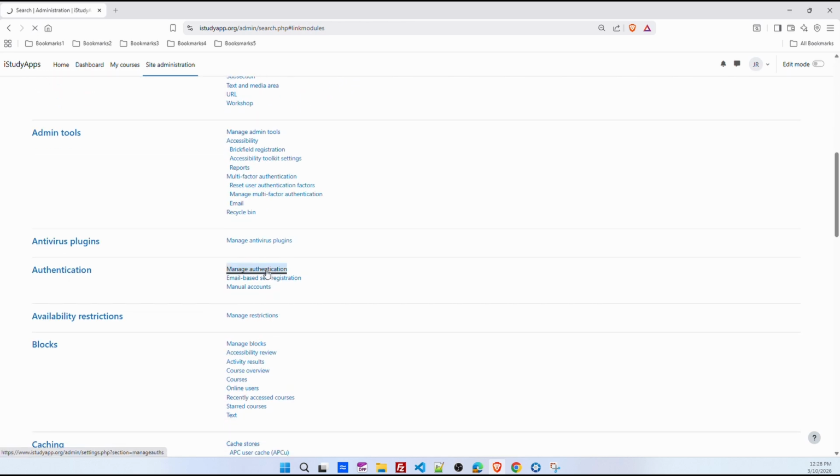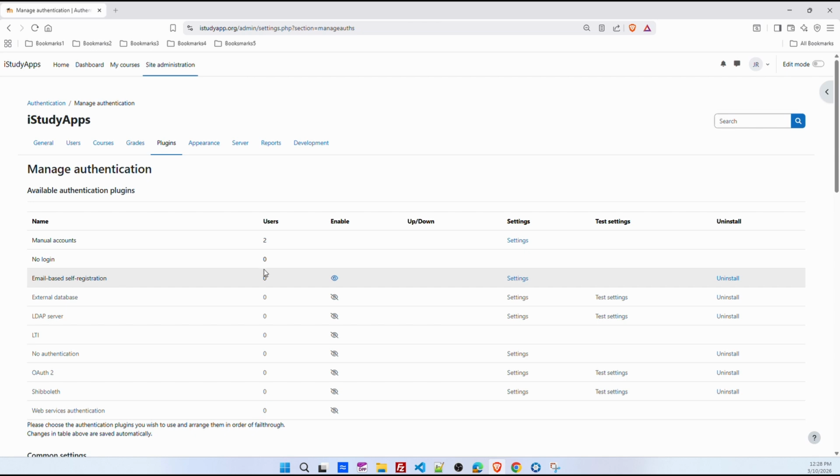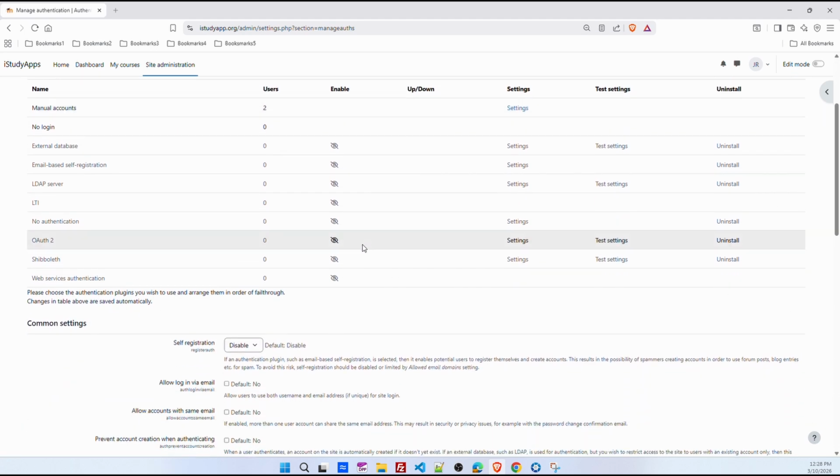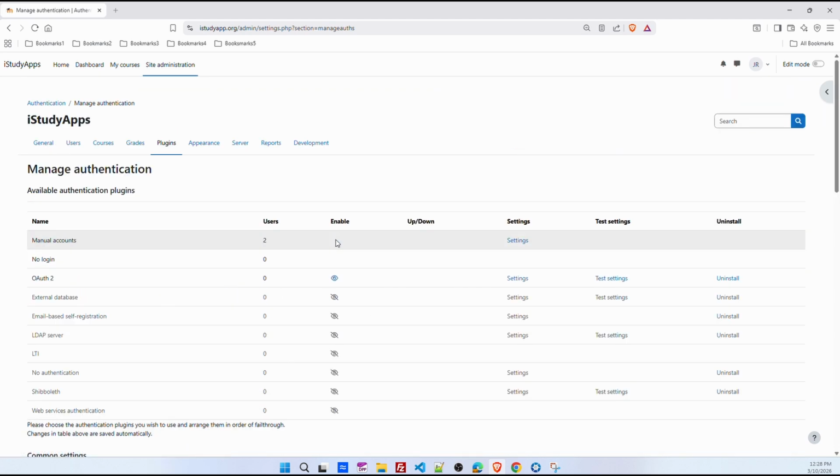So we're going to go down to authentication, manage authentication, and I do turn off the email-based registration. Since we don't use it, we use manual accounts. If your district provides an email account, you can also log in that way, and that is the option we're looking at,